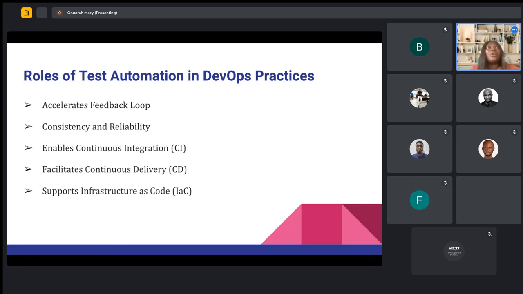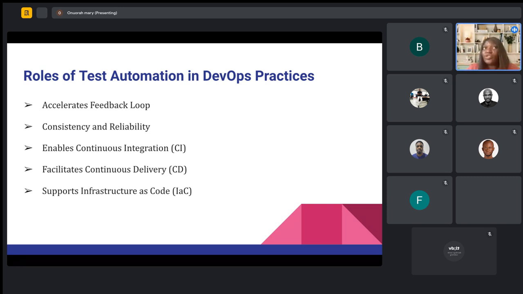This means that when you automate, automated tests actually provide immediate feedback to developers who push their code to a version control system, maybe on Git, GitLab, or Bitbucket, whatever. But yes, any of these platforms, right? So when developers push their code, test automation helps to give them immediate reports on how the code they've pushed is performing.